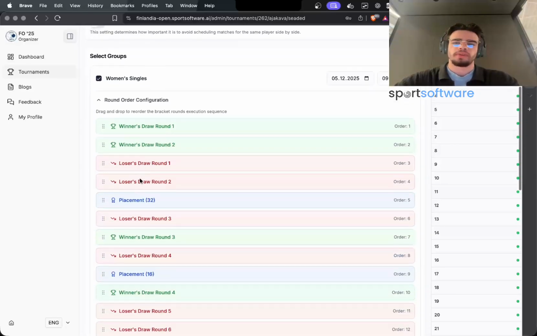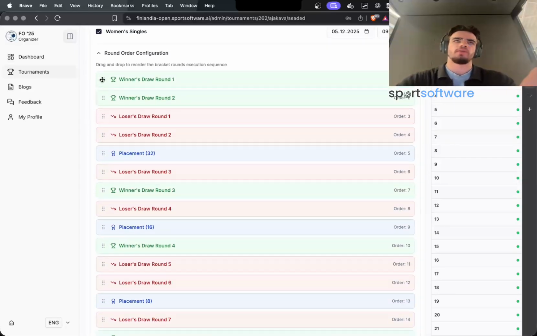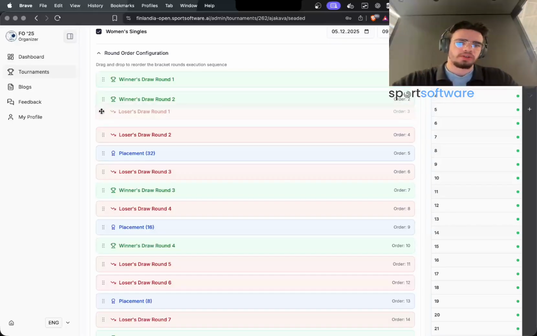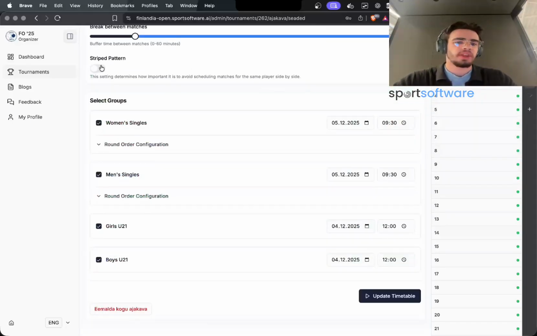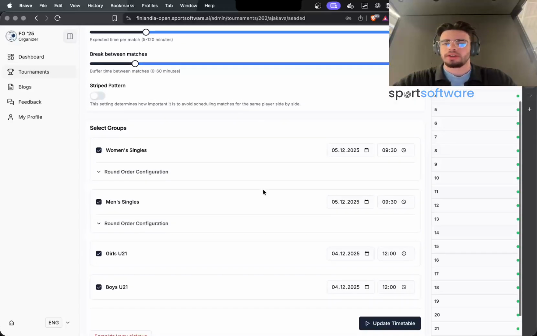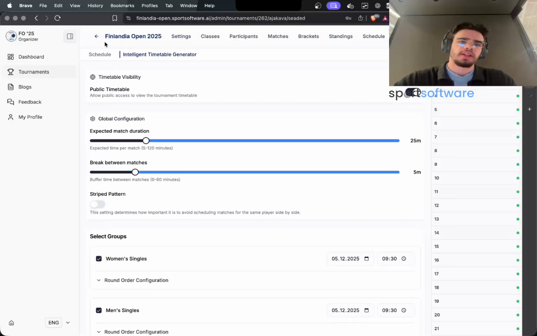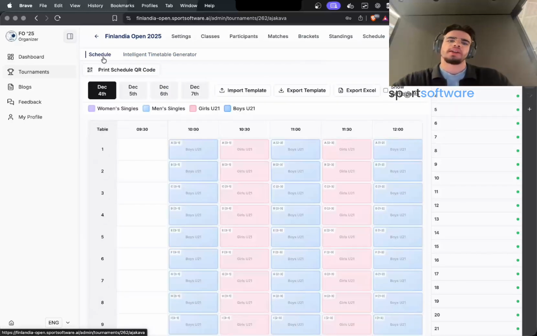And we can also select to see what is the order of the rounds in that specific class. So for example, it was winner round 1, winner round 2, loser round 1, and so on. So you can easily also change these, but I'm not going to touch it right now. Everything is customizable. Once the admin generates a time schedule or updates it, then here they can,